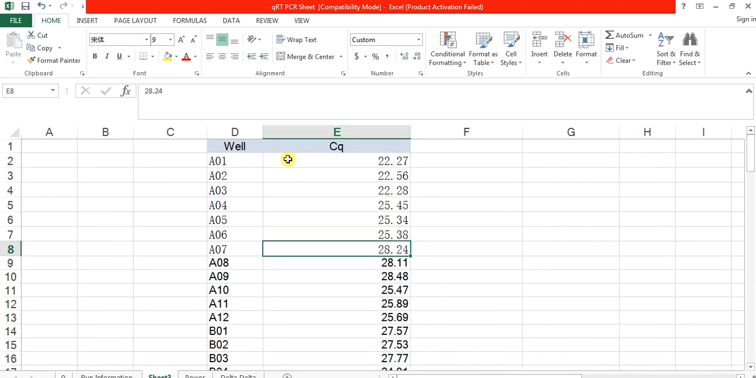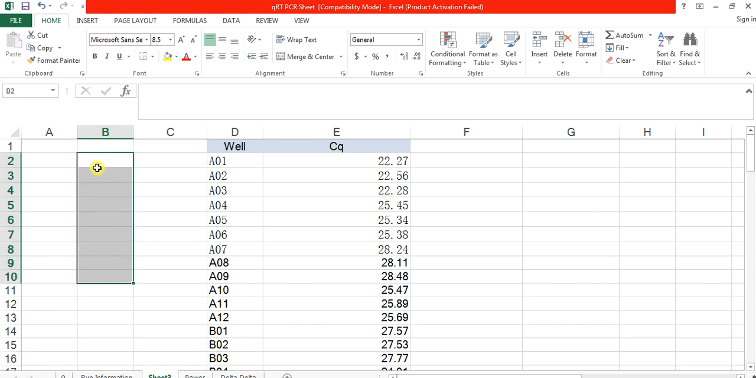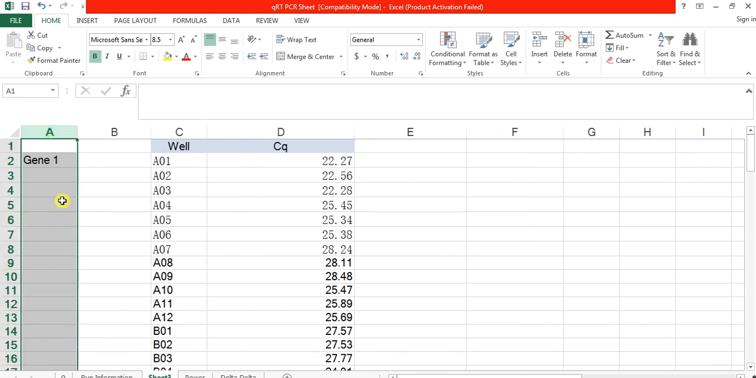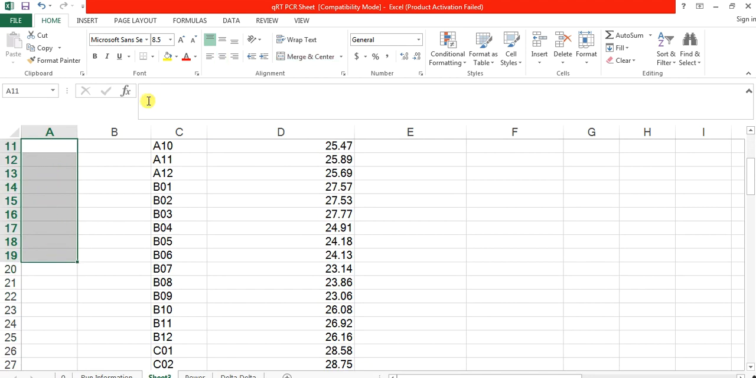So this is the well and CQ, and in the last video I asked you to note in your notebook what these samples are. In the previous video we used A1 to A9 for gene 1. These are our gene 1 samples, A1 to A9, and here A10 to A12